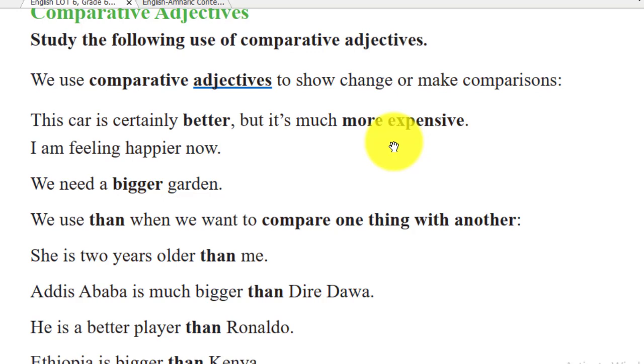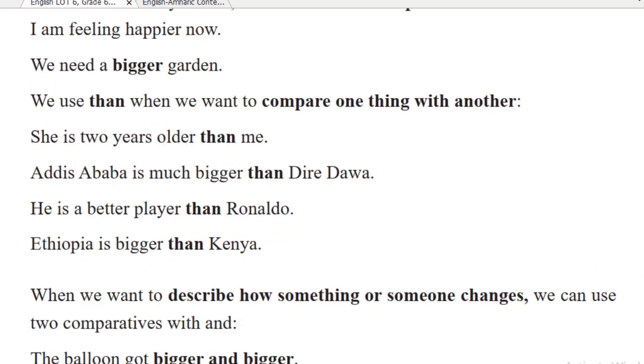Between two things በሁለት ነገሮች መካከል ለማነጻጸር የገቡ ናቸው። We use than የሚለውን ቃል እንጠቀማለን when we want to compare one thing with another። እንግዲህ as a clue ከኮምፓራቲቭ adjective ቀጥሎ than የሚል ቃል ይሰጣቸዋል። Than ካለ it should be preceded by comparative adjective ቀድሞት መምጣት አለበት። She is 2 years older than me ያው ከዛን በፊት older አለ። አዲስ አበባ is much bigger than ድሬዳዋ, than ብለን bigger አለ እዚህ ጋር። He is a better player than ሮናልዶ,